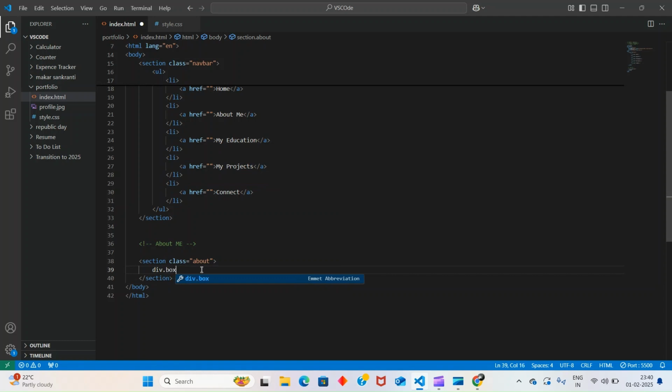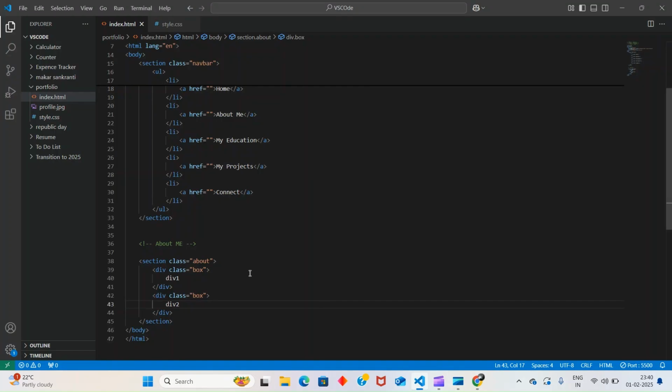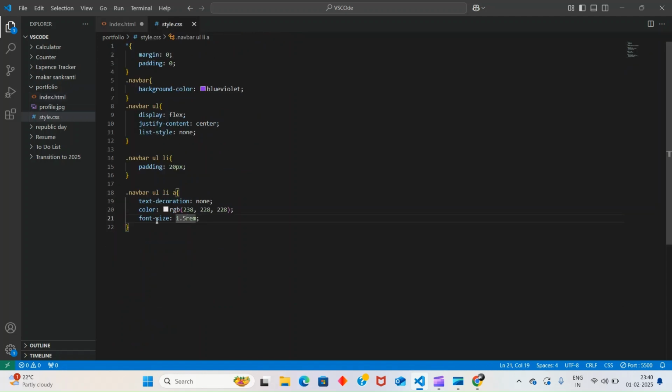Let's say I will write box 1. We'll try with box, because we want two divs, right? If same css, then box is fine. So let's say I will write div 1, and here I will write div 2. Okay, here you can see div 1 and div 2. Now I want its width. Okay, first I will do it for about. Here I'll write dot about